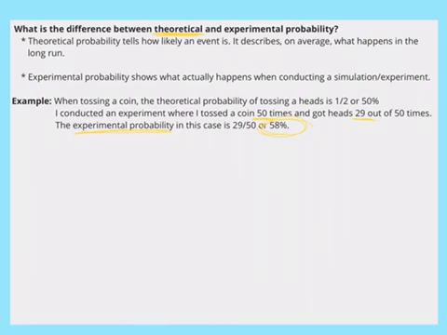In class on Wednesday, we're going to take a look at how to conduct some simulations to determine probabilities. We'll make some comparisons between an experimental probability and the theoretical. So we'll create the simulation, get our data, and then compare it to what the theoretical says. But we do have a theorem called the law of large numbers, and that tells us that if we conduct the experiment enough times over a long enough period of time, we would expect the experimental to reach what the theoretical is saying. Okay, so that is it for now.